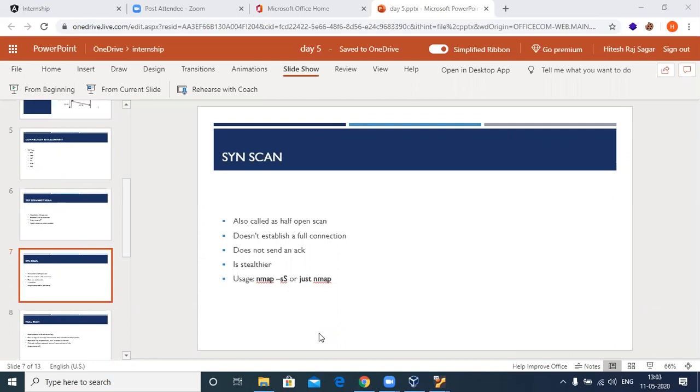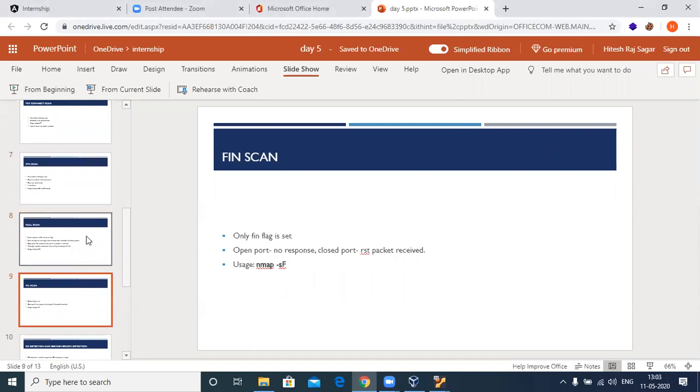So the thing is, a SYN scan, though it is stealthier compared to the TCP scan, though there is a bit of stealth in your SYN scan, it is better to run much stealthier scans when you don't want that person to detect any of your activity. Or maybe if you want to do firewall evasion, something like that. So if you want it to be completely stealthy, you're going to use these scans: that is null, FIN, Xmas, ACK or something.